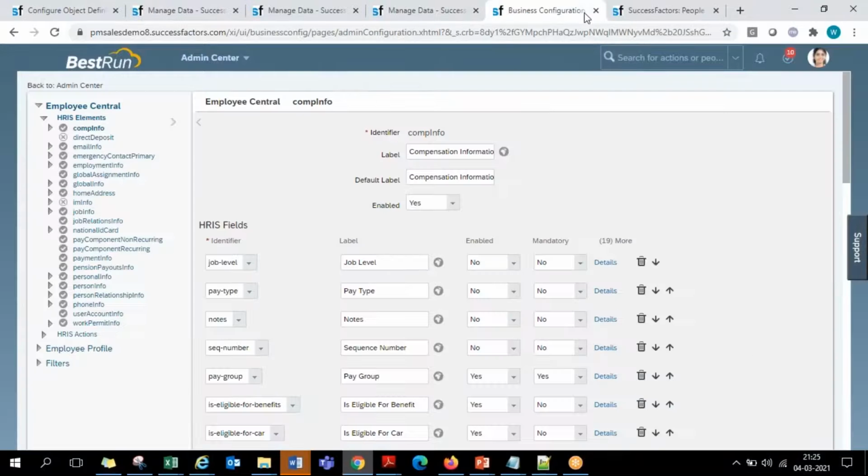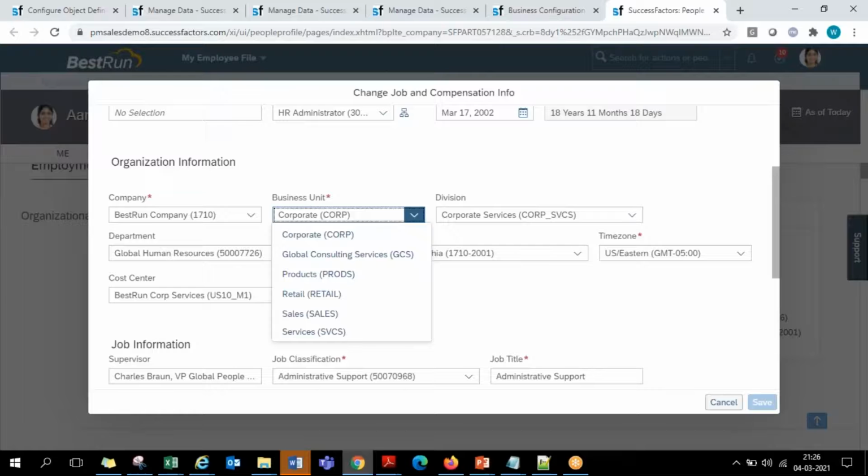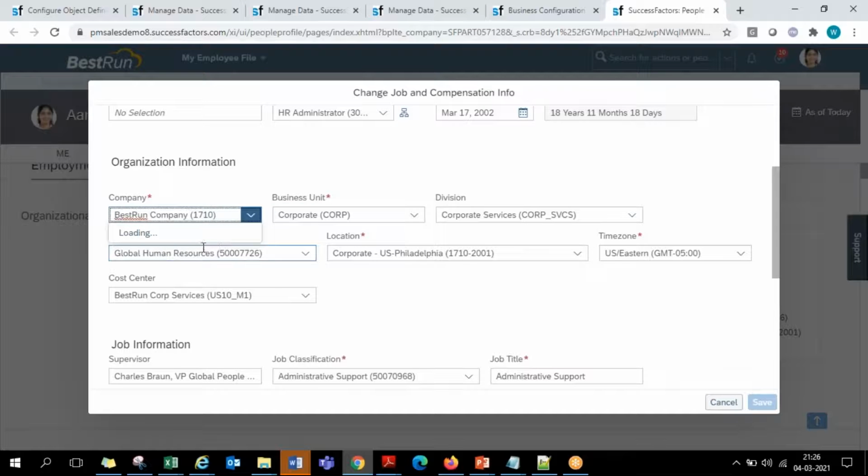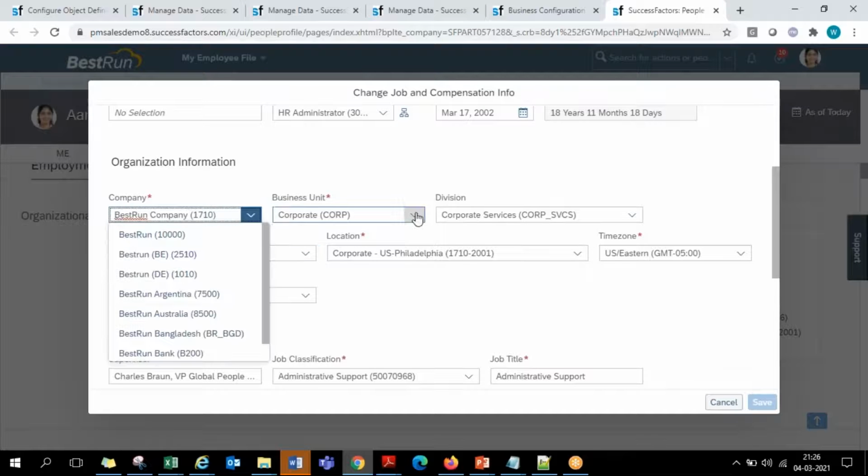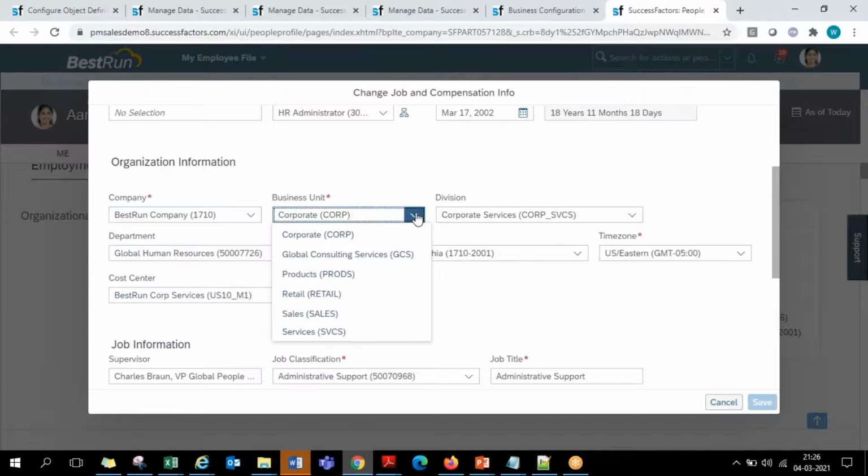So in the employee record level, finally, it says that whatever company you select, irrespective of that, the list of business units that will come is a standard list of 6 values. So we don't have any linking saying that if it is India business, 2 business units should come. If it's US business, 3 business units should come. There is no relationship in this system.